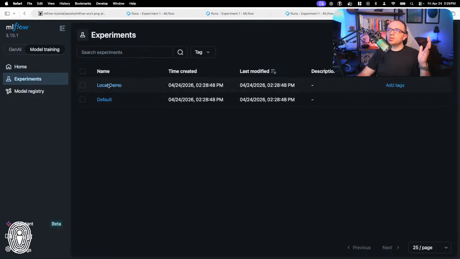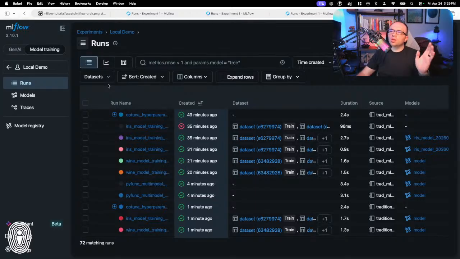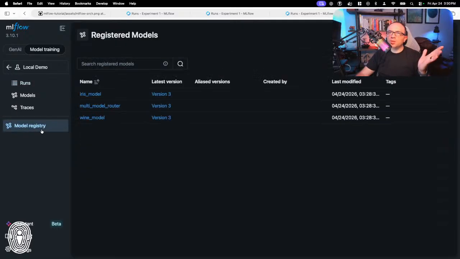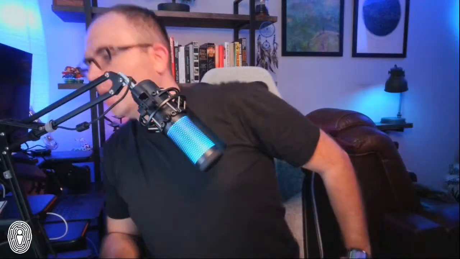And so if we look within our experiment, we've got all of our respective runs. We use auto logging and different things to help us capture metadata associated with each of the runs. And then after we trained our models, we can look at them in the model registry. And if we wanted to serve them directly from MLflow, we can do that through that MLflow model serve command that we were demonstrating before. And I think that's all I want to cover today. That is basically MLflow for traditional ML at a high level.